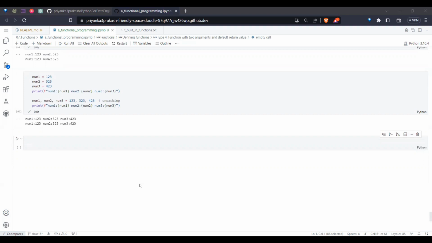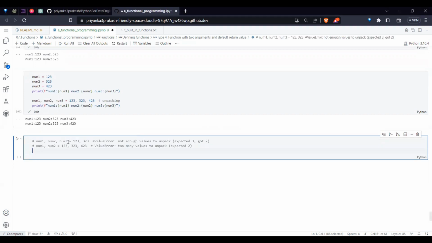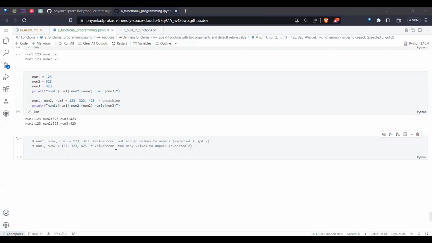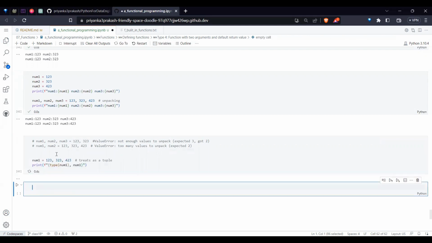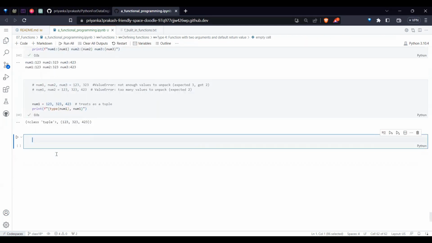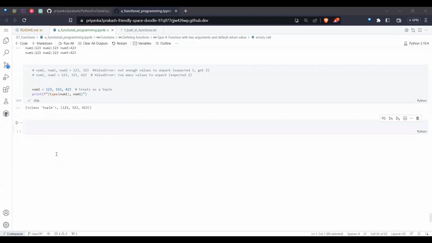The other two cases mean whenever you have more variables and fewer values, then it will say not enough values to unpack. At the same time, if you have fewer variables and more values, then also issues. And if you just have a single variable, then it will treat it like a tuple. So hope you know this concept also. Now we understood the concept of unpacking. So based upon this